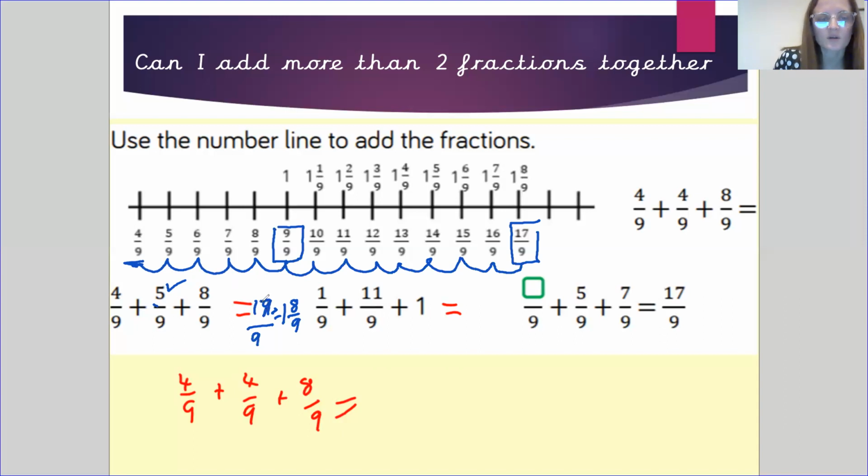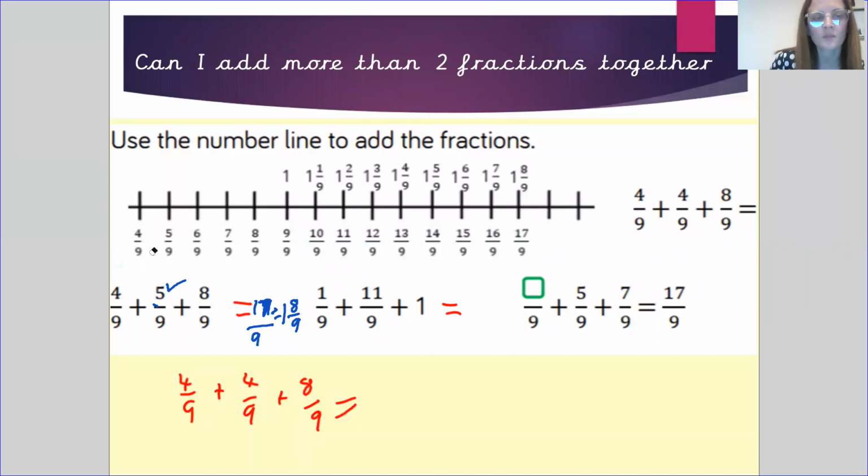That should be a 7, not a 9. So 4 plus 5 is 9 plus 8 is 17. So the answer is 17/9. And as a mixed number, it is 1 and 8/9. If we choose another color, let's choose red for 1/9 plus 11/9